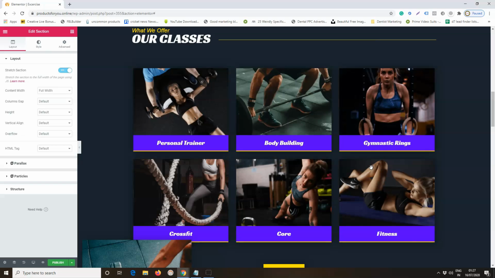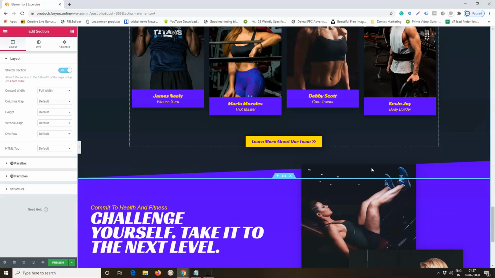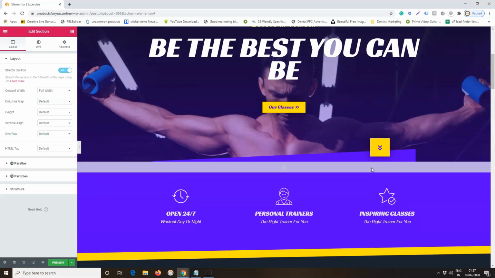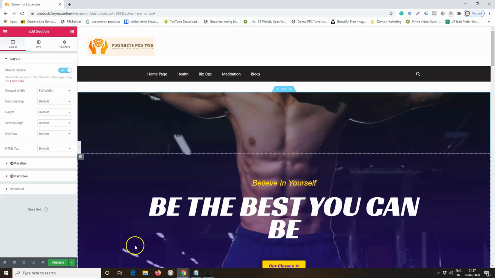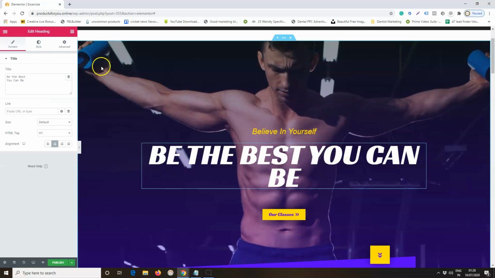So this is how your web page looks. We created this pretty much in less than a few minutes. Now you can modify it to your liking. For example, you want to change this particular headline. You just have to click on this. Again, the editing portion will come here, and depending on whether it's a section or an element, these columns will change a little. All you have to do is change it.